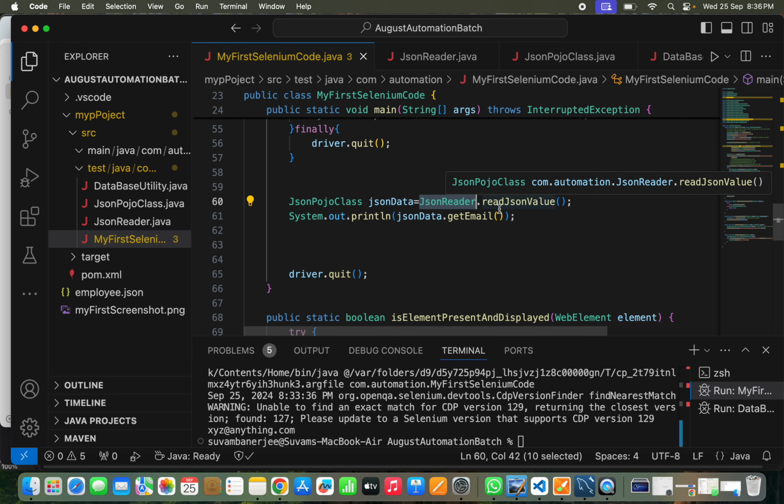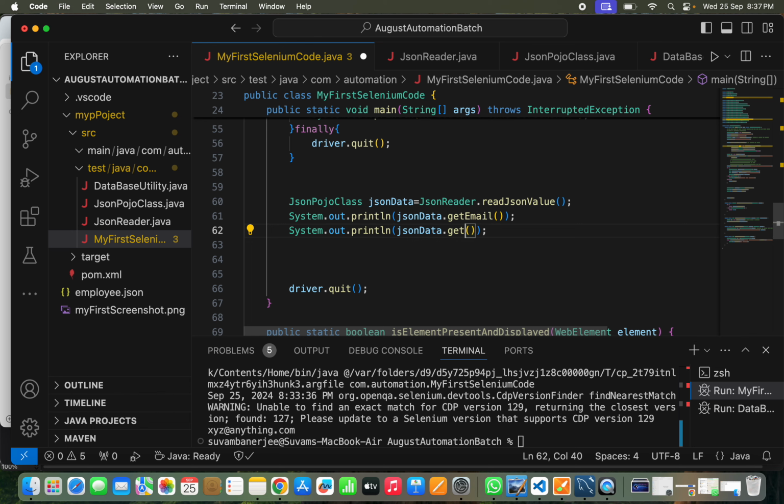So what it is doing, the mapped data is now getting transferred into the JSON data type variable. Now using the JSON data object, we are calling get email. Or we can also call get id,